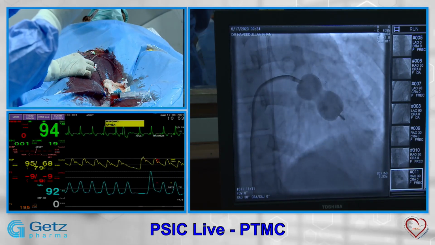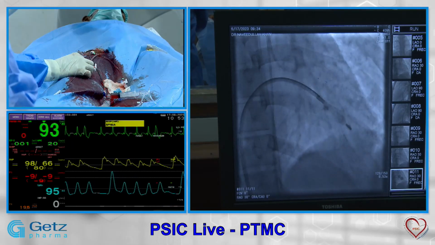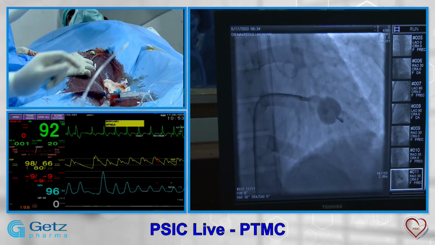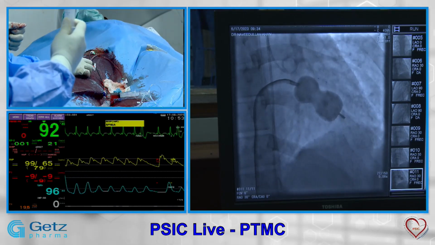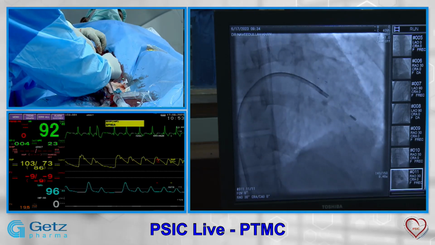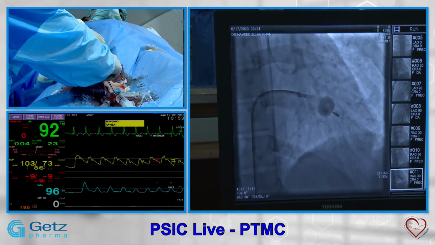The technique of not losing your balloon is that once your balloon is fully inflated, the first operator should push it forward so that once you deflate it, the balloon does not come back into the LA. So you will not have to cross it again and again.